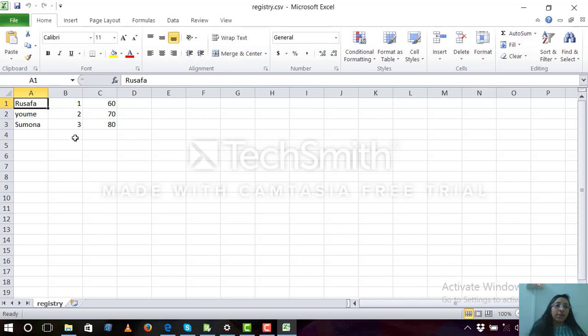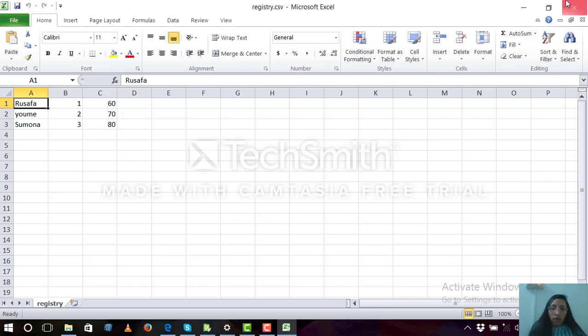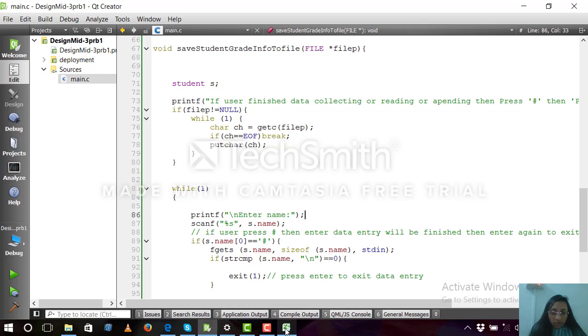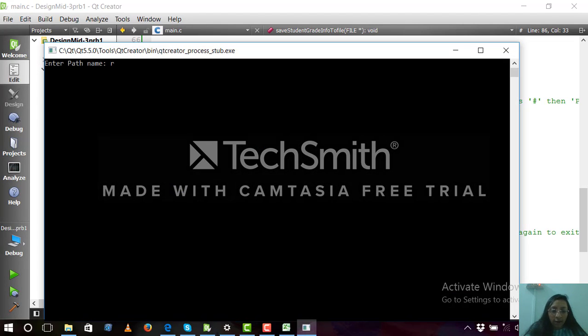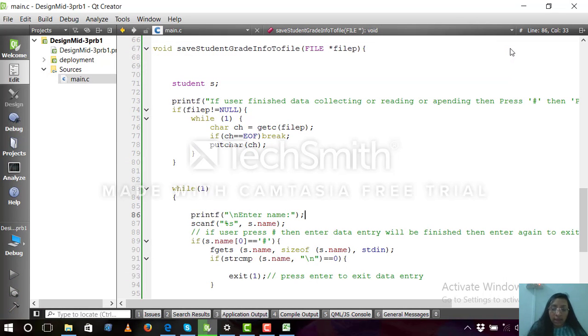So here is my file, and here is the data that I have set as input. Now let's run it again, and now I'm going to read the file. Here are the things that I wrote before, so it's working properly. And now if I want to append to the file,